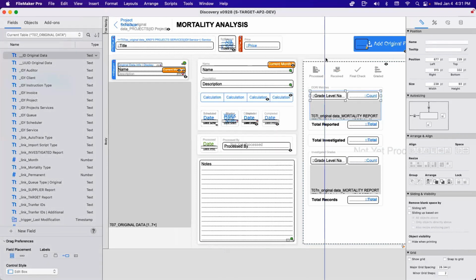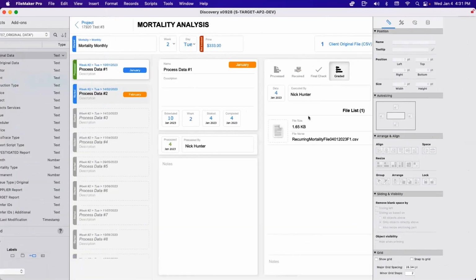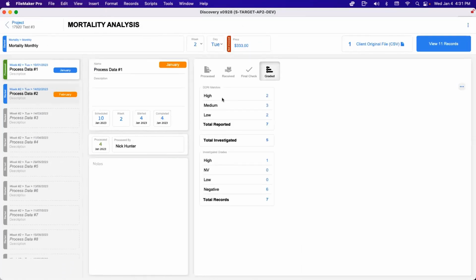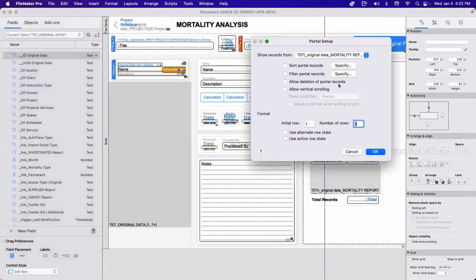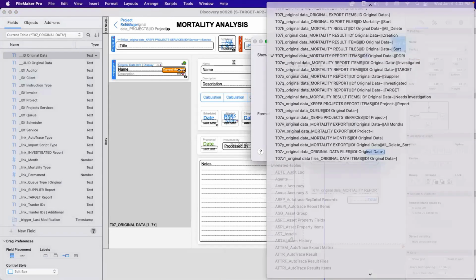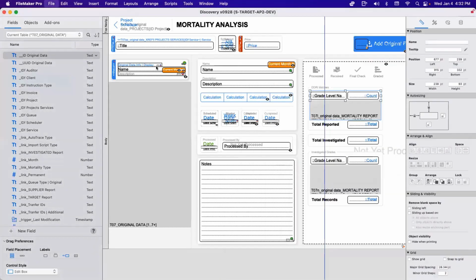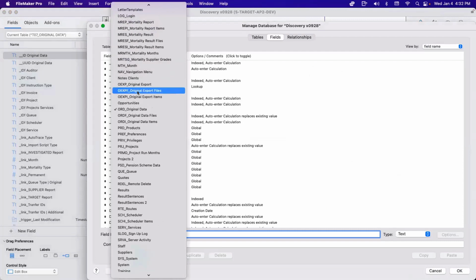So here, instead of having a calculation field for high, a calculation field for medium, a calculation field for low, and a calculation field for total, I have here a table, that is this one,